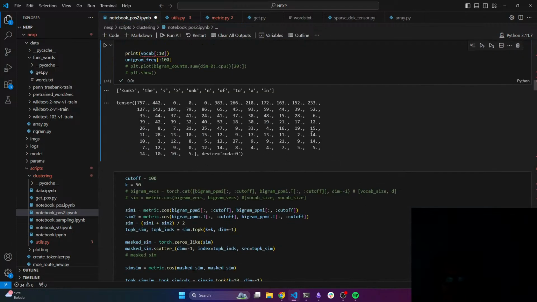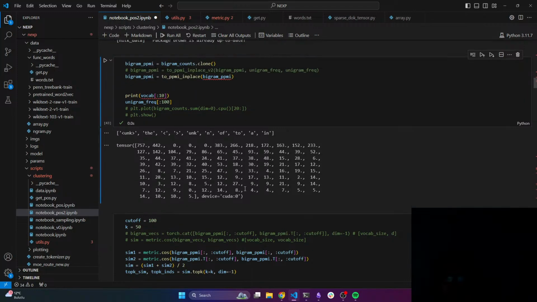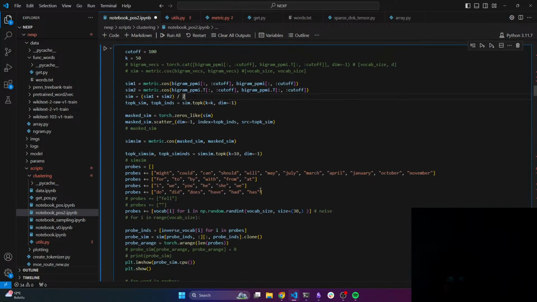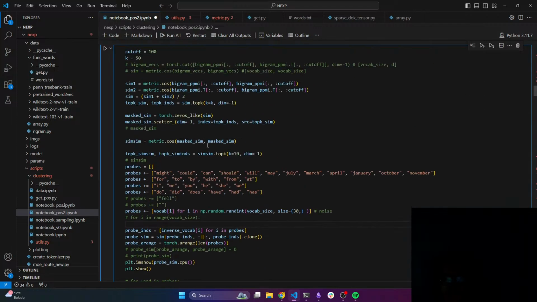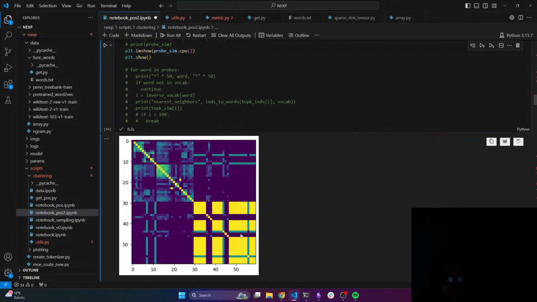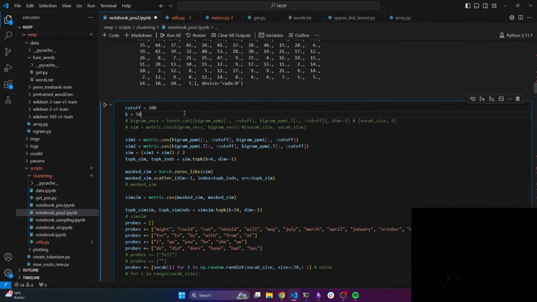So look at the distribution. Even the most frequent 100 words have these small frequencies. So this deteriorates, as you will see right now. Look, first of all, look at these things. And then we no longer see clear clusters, right? Except this maybe, and maybe this, right? The rest are garbage.